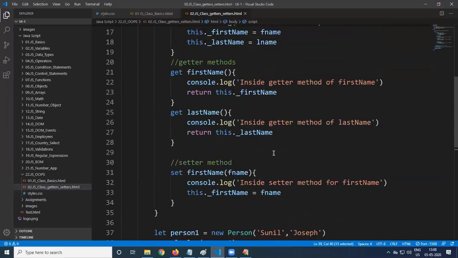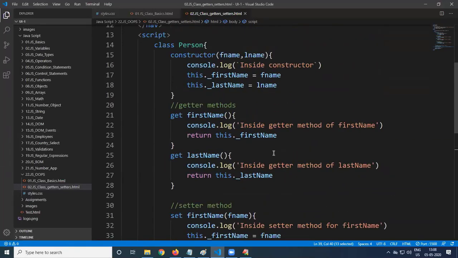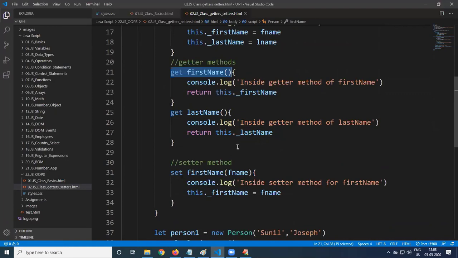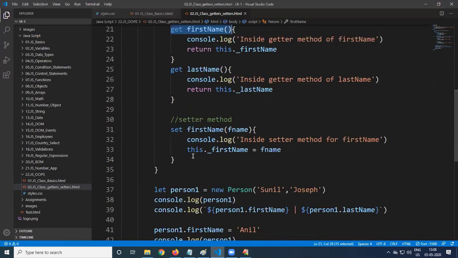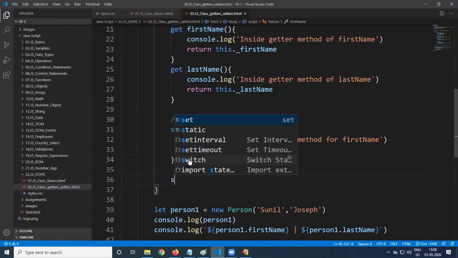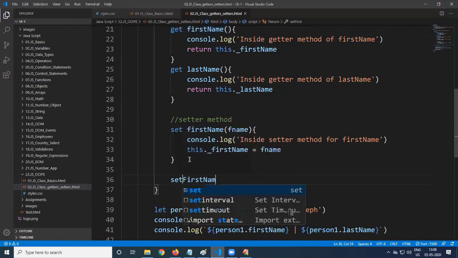It's something like an alias name. What do you mean by alias? A different name we are providing. So this is get first name. This is how to understand getter and setter. Don't get confused with a normal method. Sometimes in some documentation, people will say set first name is called a setter method, but it's not a setter method. Get first name is only a normal method of a class.